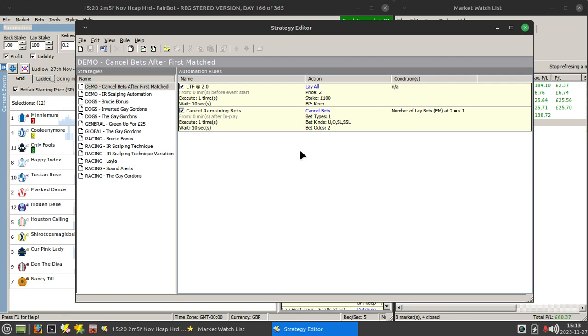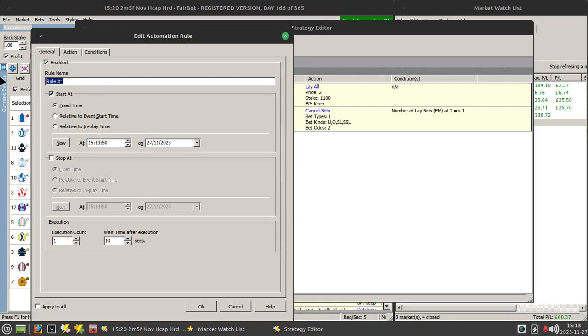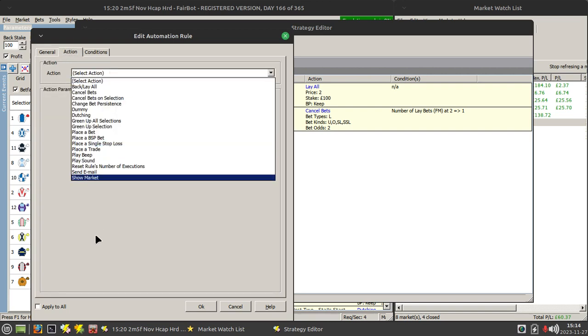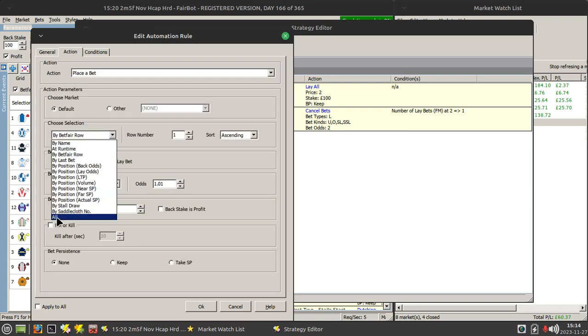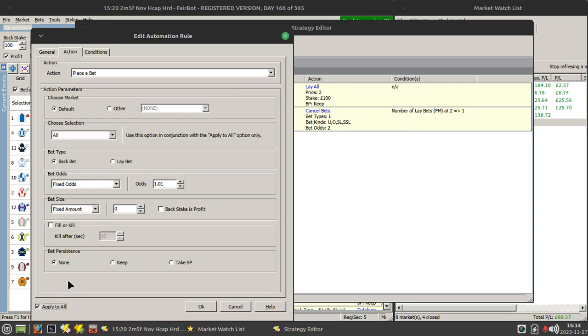So let's just add in a new rule. And this is going to be lay first runner to hit odds of 2. And again, this is going to be in play, so we'll just set that as a start time. The action is going to be place a lay, so that'll be place a bet. We need to set this up so that we use the all function, so remember to click on apply to all at the bottom left hand corner. It's going to be a lay bet, it's going to be odds of 2, fixed amount of whatever you want,